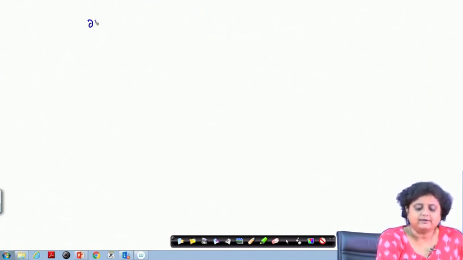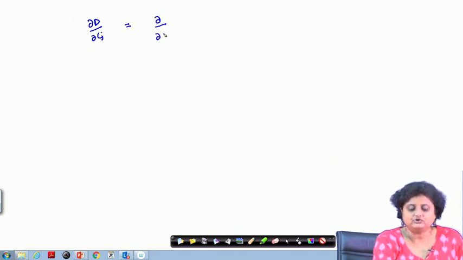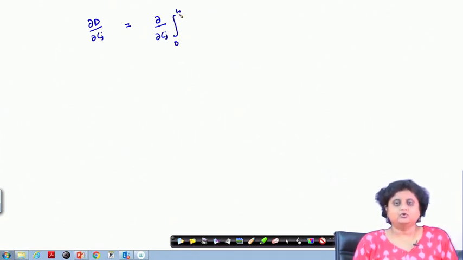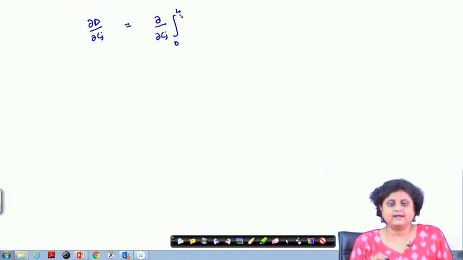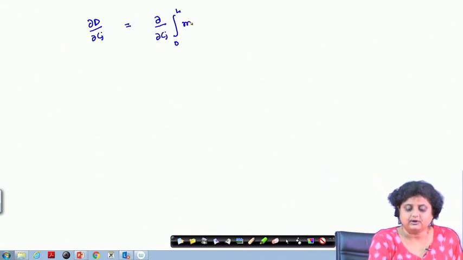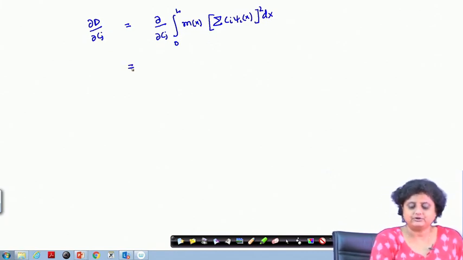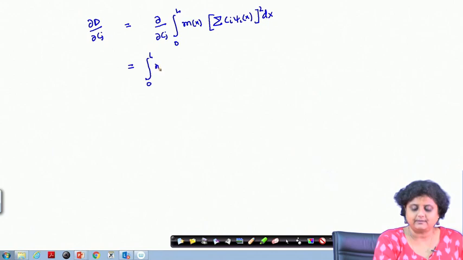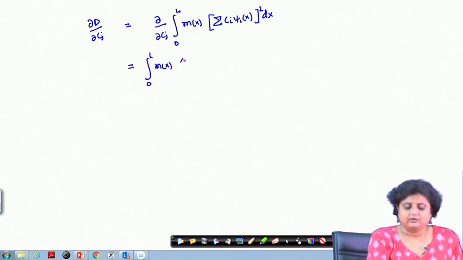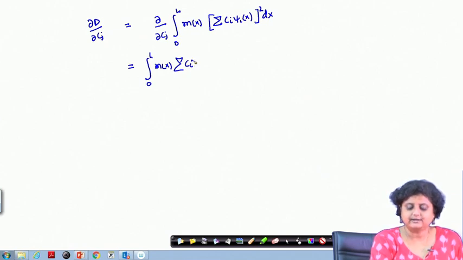So, then let us see what is del d by del Cj. Del d by del Cj is del by del Cj of the integral 0 to L. So, there was a mistake in the last slide. K I j terms had this integral, which I kind of missed writing. So, it is summation of C I psi I x whole square dx. So, if I do the differentiation, I am going to get 0 to L m x psi I